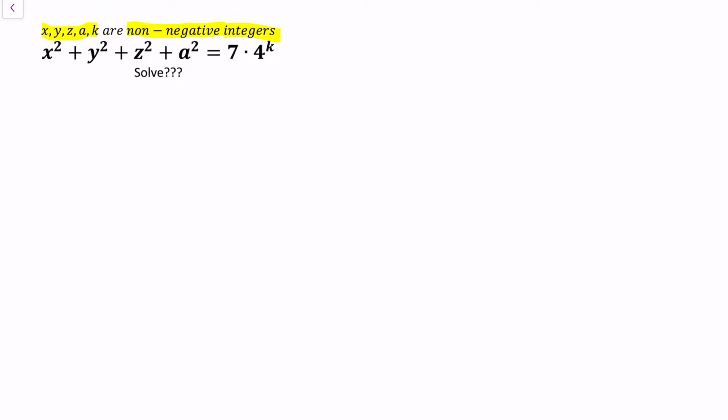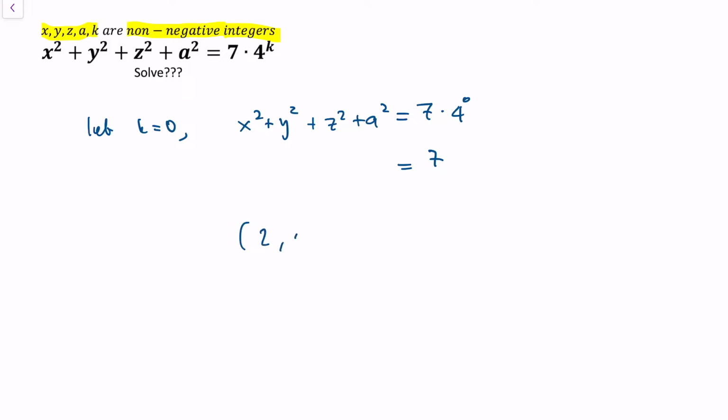Okay, let's start with some basic inspection. Let k be 0, so that means we have x squared plus y squared plus z squared plus a squared is equal to 7 times 4 to the 0. In other words, the whole thing is equal to 7. By inspection, we see that the set 2, 1, 1, 1 is a solution to this equation, and of course all the permutations